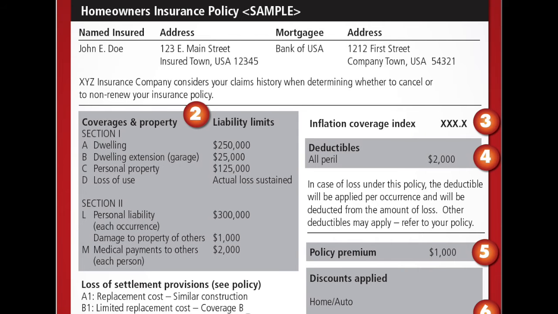Then you have personal property or contents coverage. It's known as coverage C. Personal property or contents, again, are used somewhat interchangeably, just like casualty and liability. There's a lot of terms used with the same intent. And so you're going to have a specific limit for that. It's very important to know when we talk about personal property or contents, we are not talking about